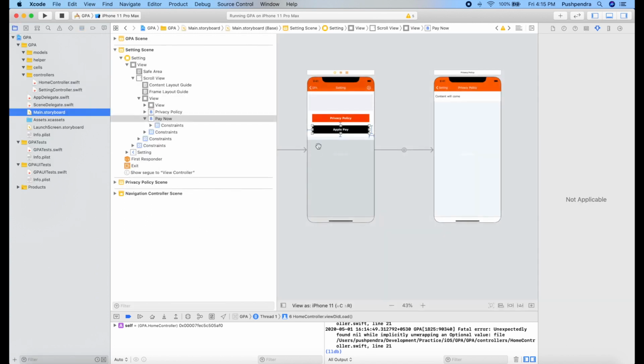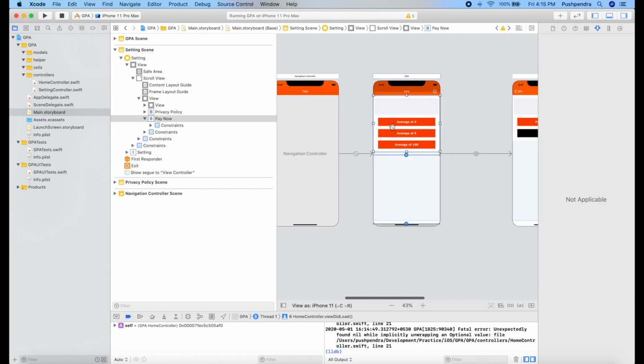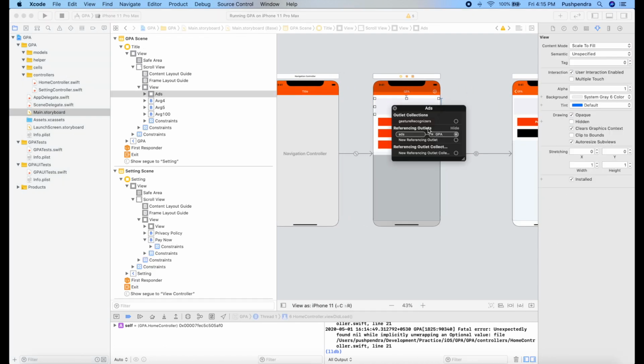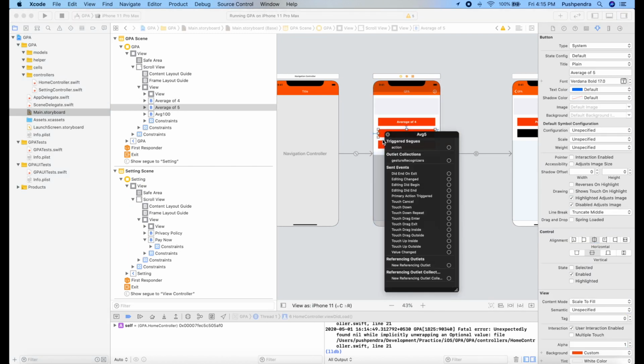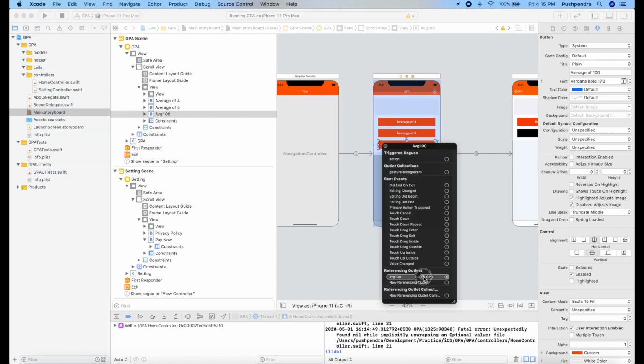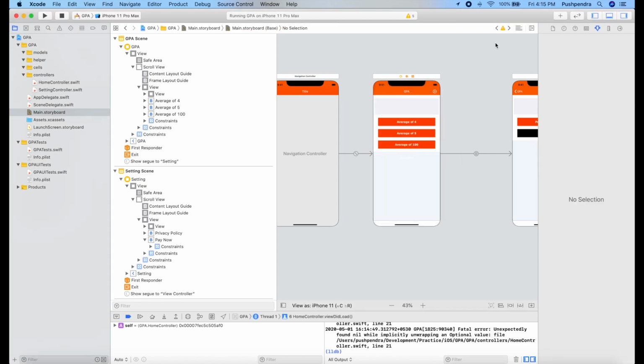Now again from here also we can remove, right click, delete, right click, delete, right click, click on cross, and the same for average 100. So that's what we have done.